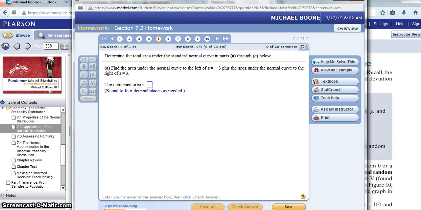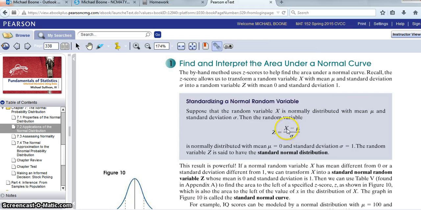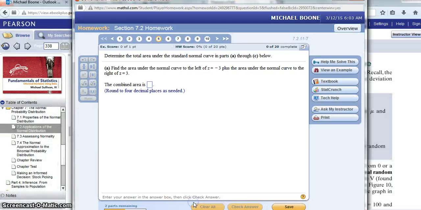All right, some of y'all are starting chapter 7, so let's see how technology can help us out in chapter 7. If we're looking for an area underneath the normal curve, a lot of times in the beginning they're giving us z values. And to find a z value, you take your x, your variable, minus the population mean, divided by the population standard deviation. And so you'll be asked to calculate some z-scores, but then if you want to find